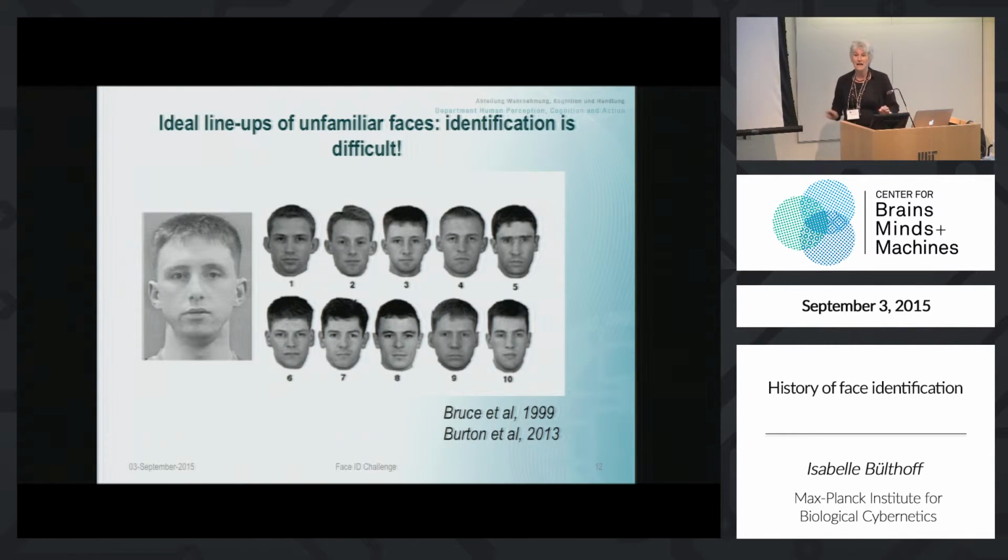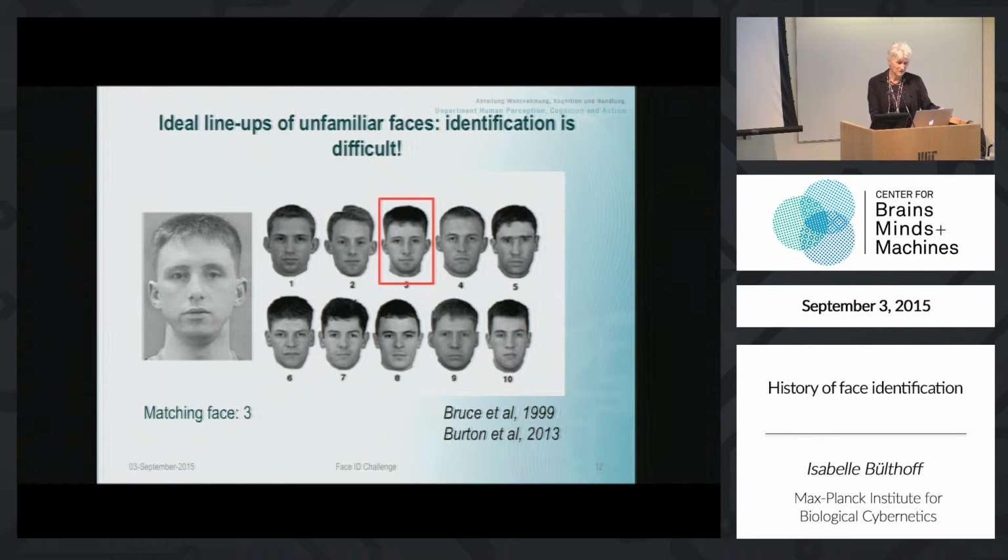Here is an ideal lineup. So if you think of criminal investigation, the criminal would be here, and here is the lineup. And the question was, is this person present in this lineup? And these pictures were done on the same day with the same orientation, the same facial expression. So you cannot have that good in a criminal investigation. And what they found is that, in fact, participants in such a task were about 70% correct. It's not good enough, I think, in terms of witness reliability to send somebody to jail.